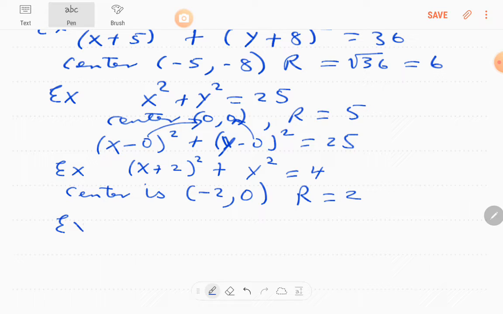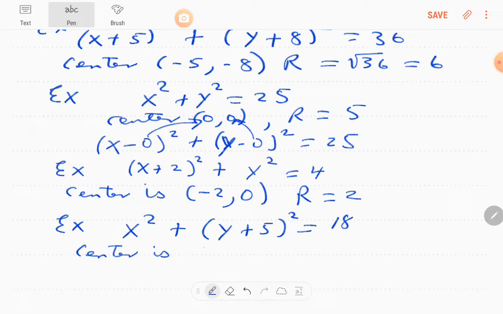Suppose we have x squared plus (y plus 5) squared equals, let's say, 18. Then here the center is 0, minus 5, and then the radius would be the square root of 18. Well, we could break 18 up into the square root of 9 times the square root of 2. So the radius,